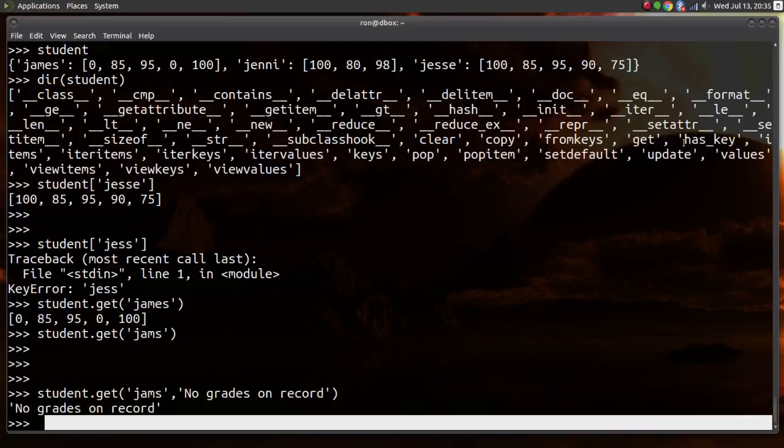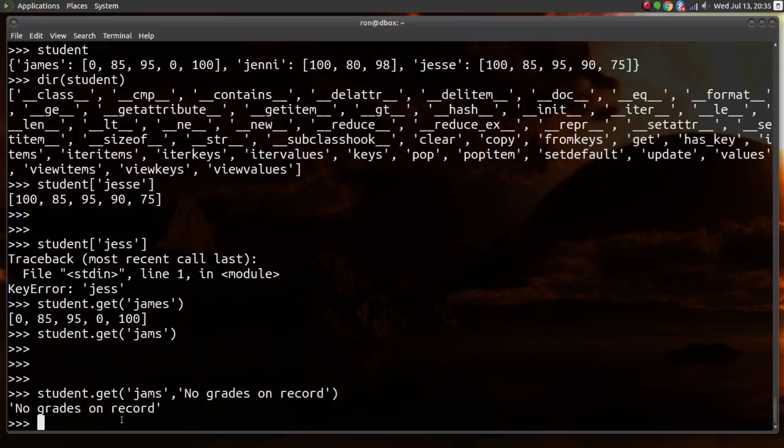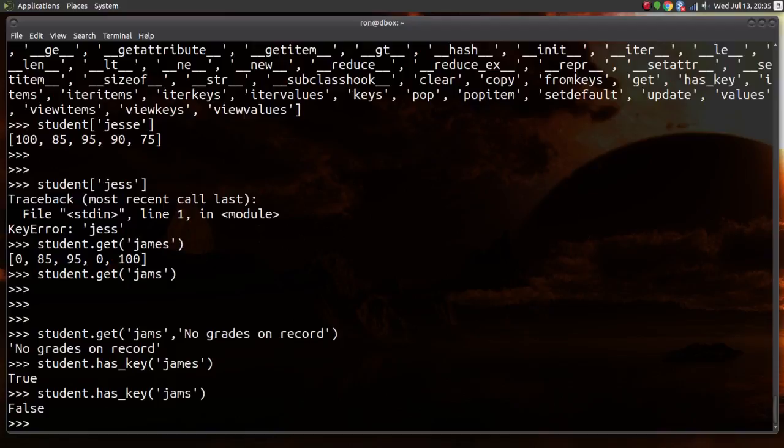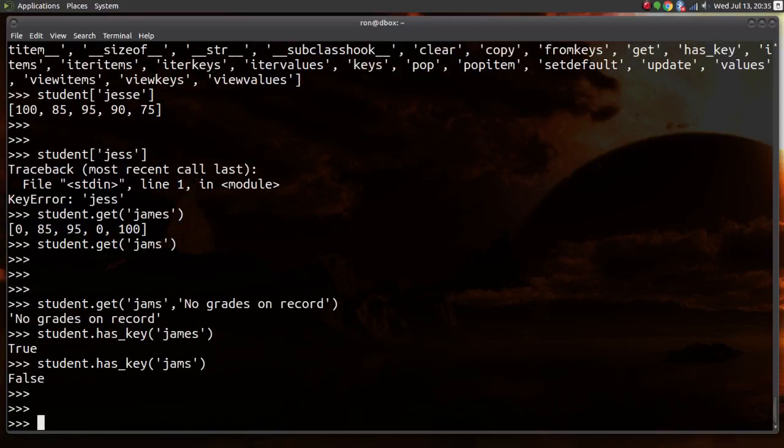Now, has_key is going to allow me to basically make a test. So student.has_key("James"), I get a true, right? And if that student doesn't exist, I get a false. And so what this is going to allow me to do is, if